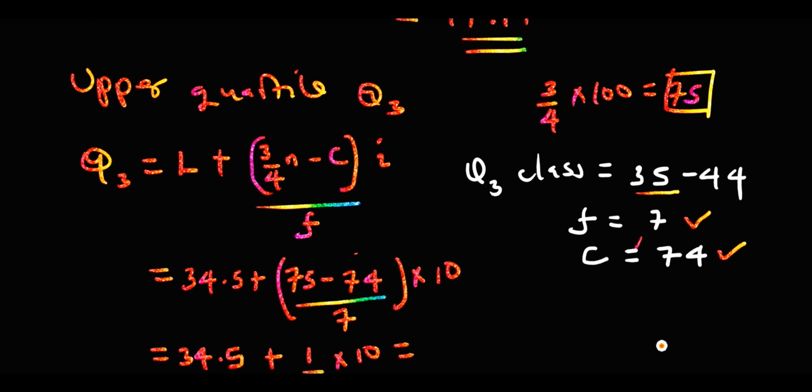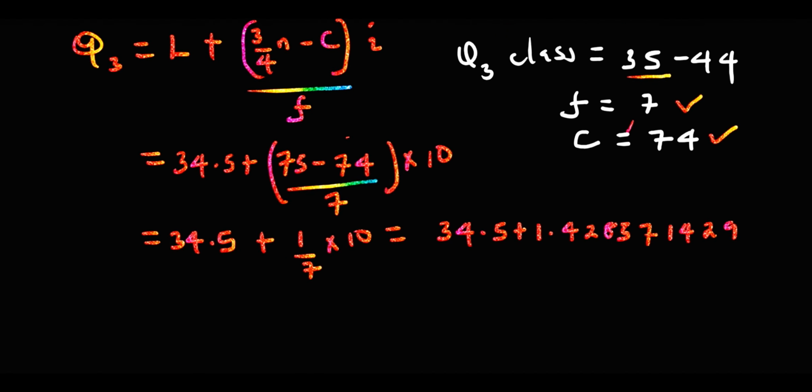You simplify that, you're going to get 34.5 plus, if you simplify the second part, you're going to get 1.4285, which you will round off when you're done. 857.1429. So you add the two, then you're going to have the Q3 as